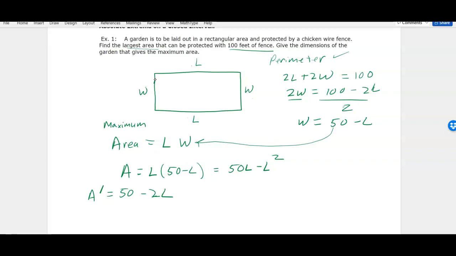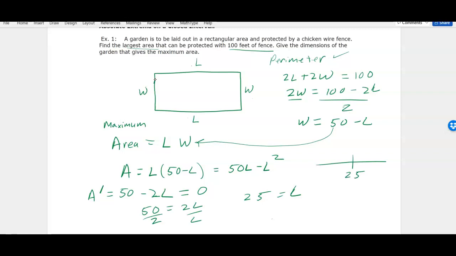Actually, the most L could be is 50 if there's two of them, but then you have 0 area. If L was 50 and this L was 50, there's no width. You just laid the two pieces of fence next to each other. But here, I'm going to look for the critical values to see if there's some value in between 0 and 50 that will work. So I find out where this derivative is equal to 0. And I add 2L to both sides. And I get L equals 25. So when L is 25,